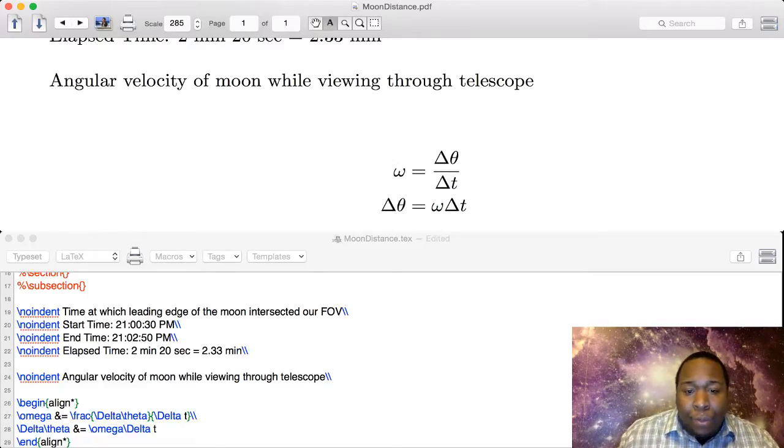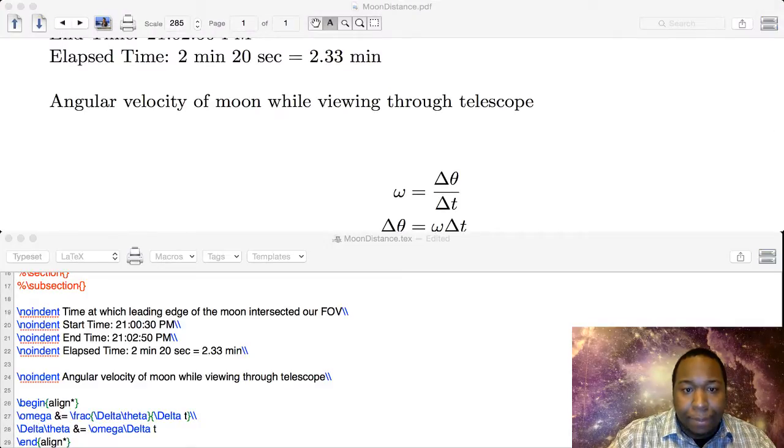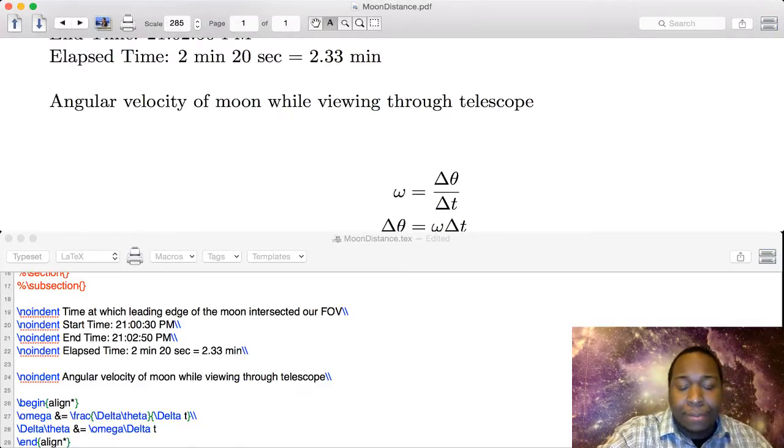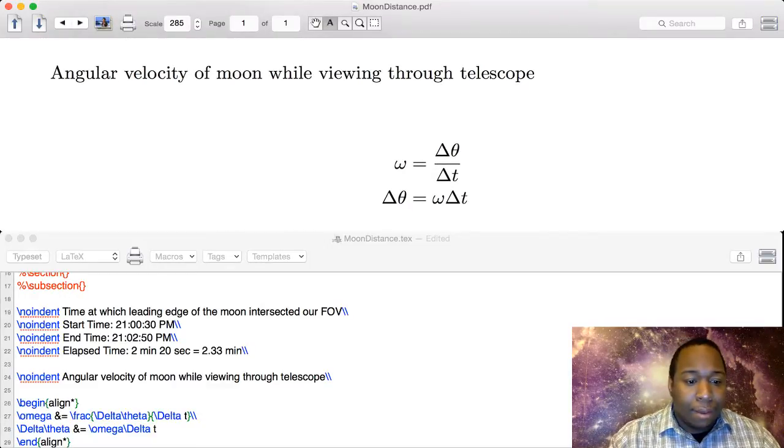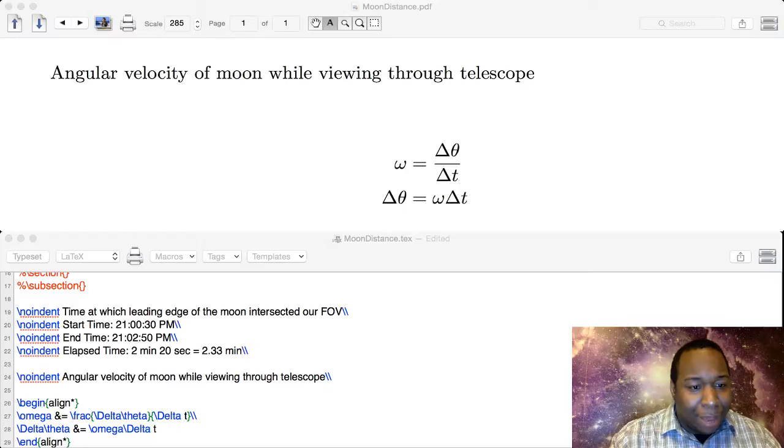Well, my main question right now is that we're trying to calculate the angular diameter of the moon. We've used Stellarium to figure out how much time it takes for the disk of the moon to pass through a single point. So we've calculated that elapsed time, shown there to be 2.33 minutes. But now the question is what is the angular velocity of the moon? Because we need that information to figure out the angular diameter as given by this equation here. And so I was asking you guys, what do you think about being able to calculate